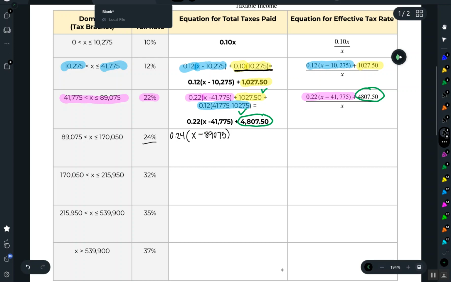We want to see how much higher than that we are, how much money is in this bracket. And then to that, we're basically going to add this 10,000, or 1,027.50 from the first bracket, plus this thing from the second bracket,